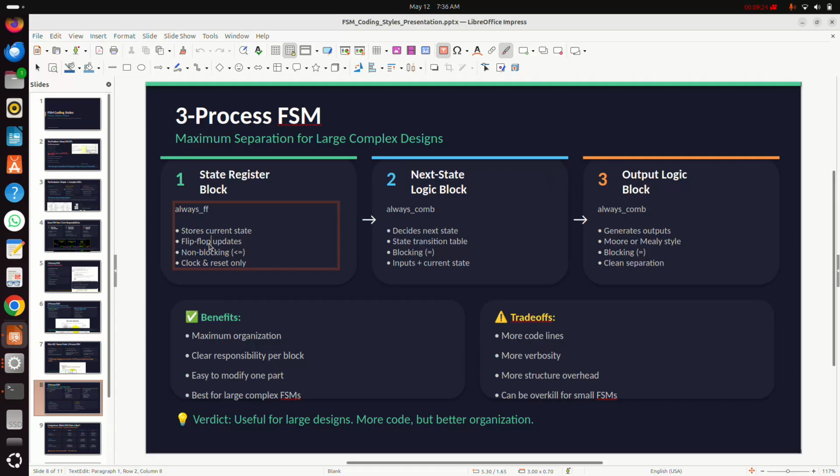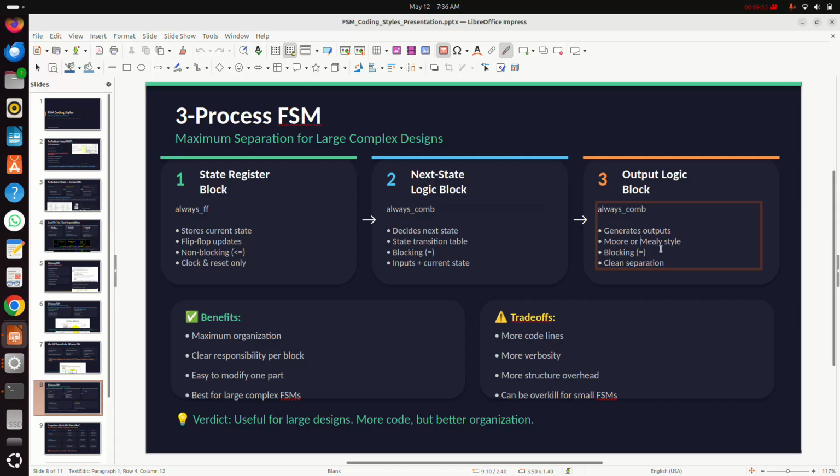The task of the sequential logic is to store the current state and flip-flop updates. We use non-blocking assignment in this block. It mainly controls the state transition. The next state logic block is a combinational block. It decides the next state transition table. It uses blocking assignments. It depends on input plus current state, and the output logic block generates